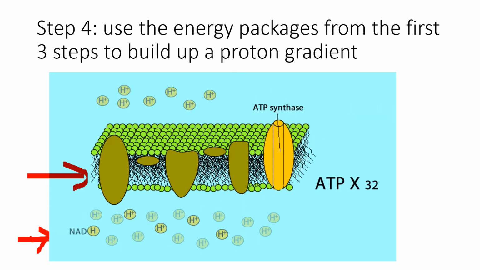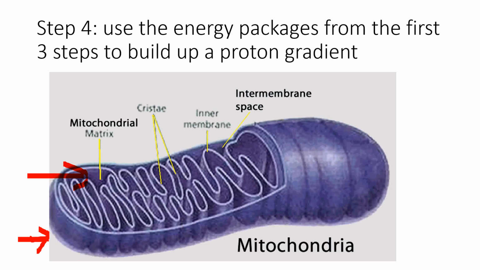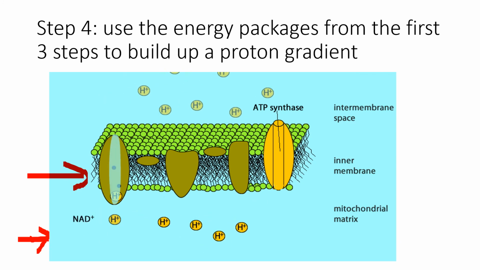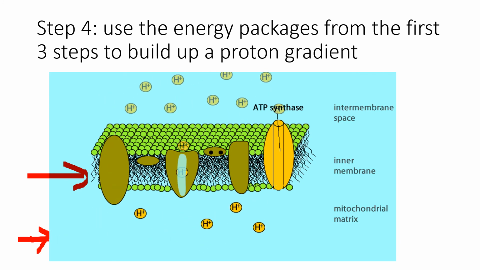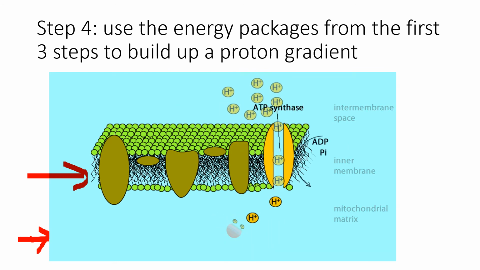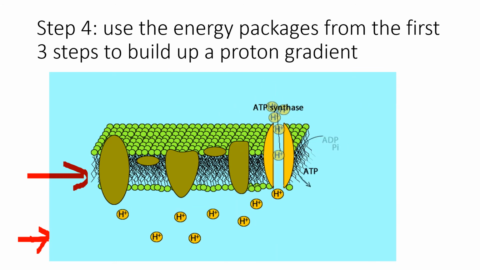The aim is to build up a gradient. So compartmentalized in the intermembrane space, you're going to have a build up of protons, literally against where they want to be. You've got same charges next to each other. They want to repel. Diffusion wise, having the same chemical next to each other, that is again kind of diffusion. It wants to spread out. It wants to separate. So if you open up a channel,